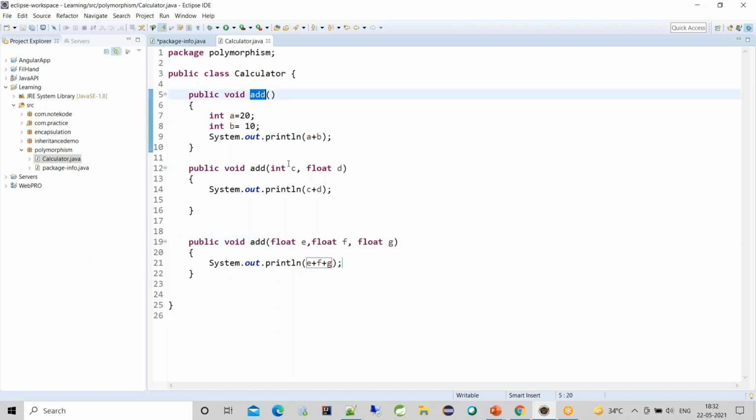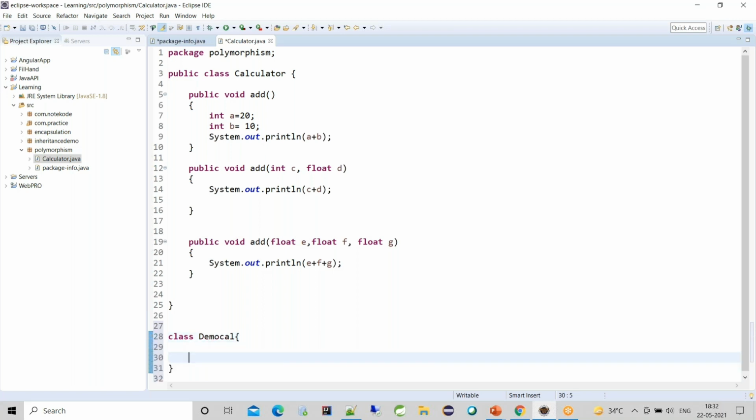You can use the method name again and again by changing the argument type. Now how will I access these three add methods? By creating the object of the calculator class. So I'm creating another class here, the main class.